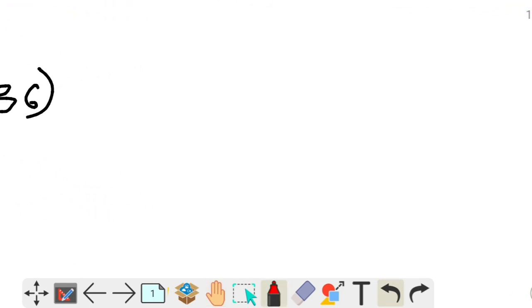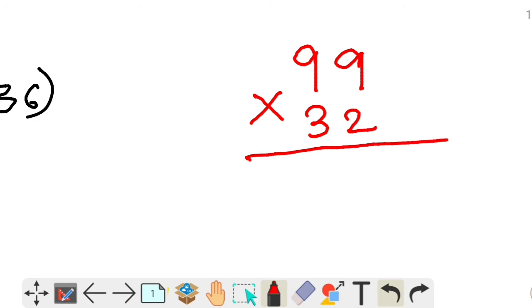I'll tell you how to do this with the mind also, and this question you have to do by yourself. I'll wait for 5 seconds for all of you to solve and then we'll check the answers. Is it correct or not? Okay, I'm waiting for you all. Just do it. Yeah, I think you all have done it.